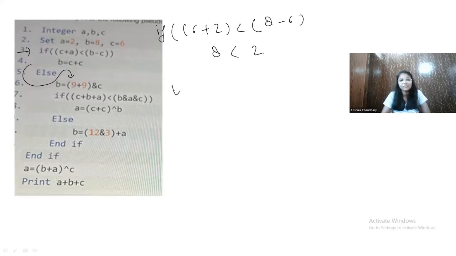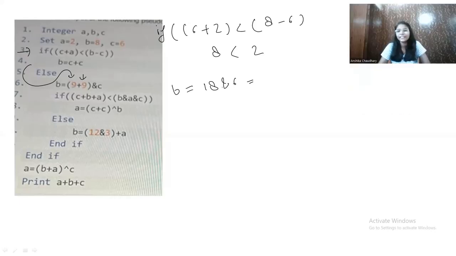Okay, and in the else we are updating the value of B by taking 9 plus 9 and C. So 9 plus 9 will become 18. Why am I directly adding? Because this is in the parenthesis, and parenthesis has the highest precedence, right? And C. C value is 6, and this is the bitwise AND. So we will first take the bitwise AND of 18 and 6.